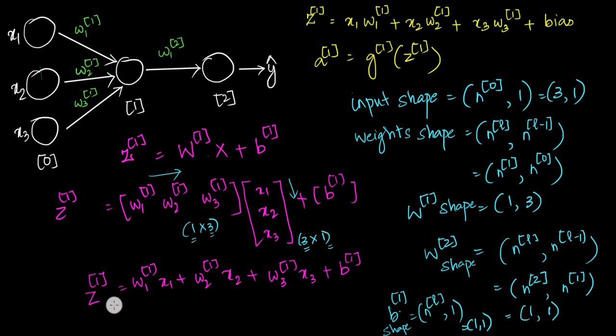And now you can see that the z we calculated here is actually the exact z value we calculated here. This is what we saw in our previous slide, how the values are calculated. So we got the exact same value here, but in a matrix format. Actually, the computations happen only in this matrix manner.